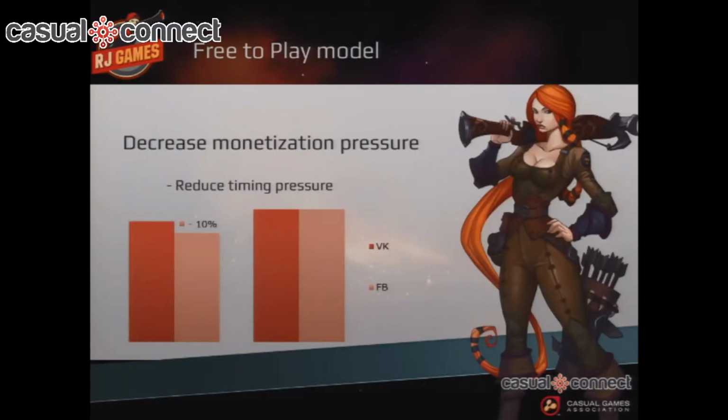What we did as well was decrease the cost of timer skipping. We had a decrease of 10%, which gave us no additional revenue. 0, as on vk.com, same on Facebook. But actually, we decreased the number of unhappy users. And we can see it looking at our Facebook page, looking at our ratings. When we started, we had 2 or 3 stars. Now we have 5 stars, mostly because users don't quit disappointed by our pricing model, by our monetization model.